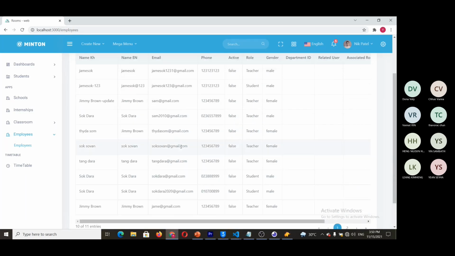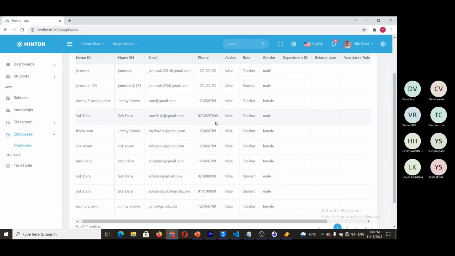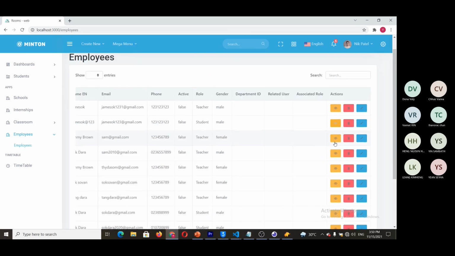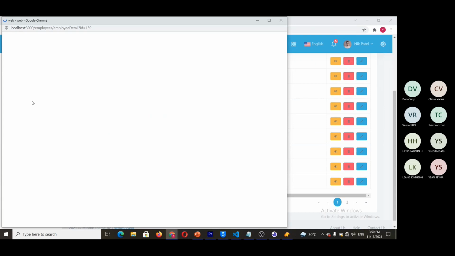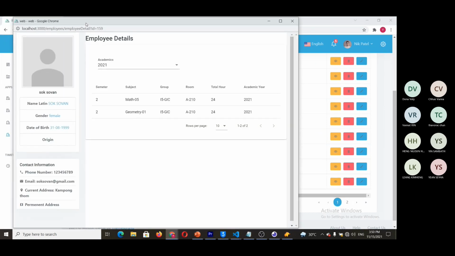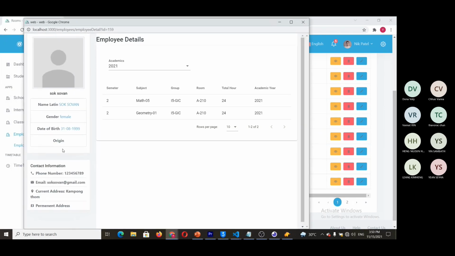that employee data table that shows the list of all data, and we can view the employee like this. The database shows name, gender, field, phone number, address, and so on.